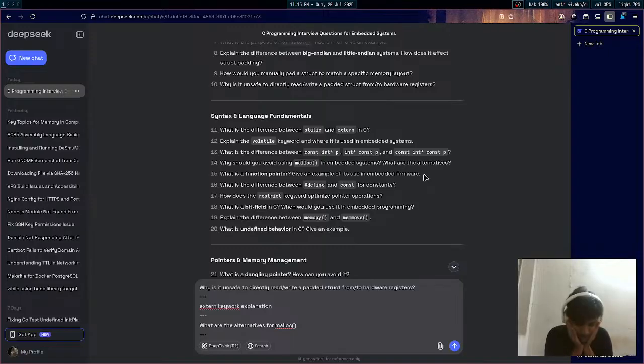A function pointer, exactly, right? So what would it be? Again, how would I use it? What I would think about it is that, again, it is easy to explain with object oriented programming, right? It is pretty easy to explain, but in this context it becomes a little bit harder. So its use in embedded firmware is that,